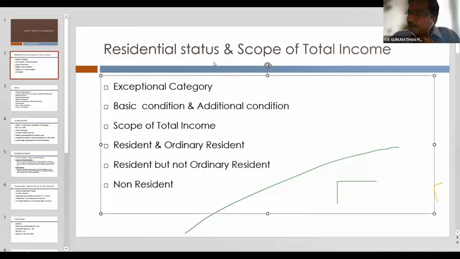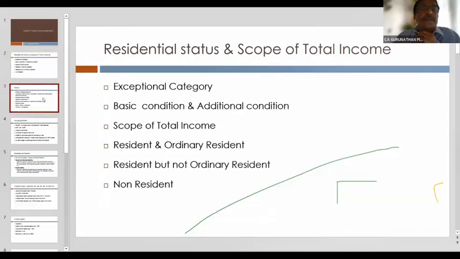Now once you become a resident of India, point number 2 is whether you are an ordinary resident or not. When can a person become an ordinary resident? When he satisfies the additional conditions C and D. Now what do the additional conditions C and D say? For additional conditions C and D, you have to just keep in mind